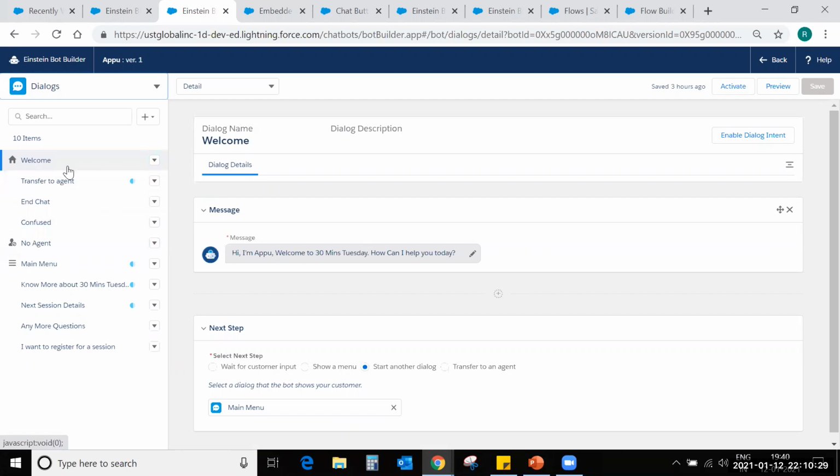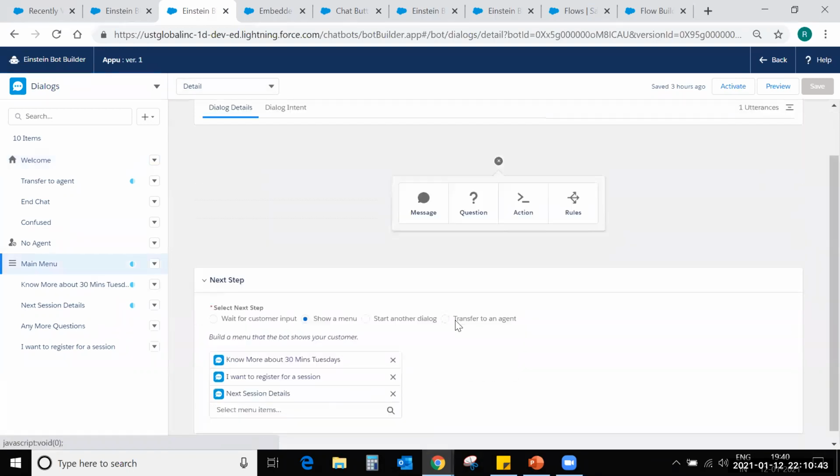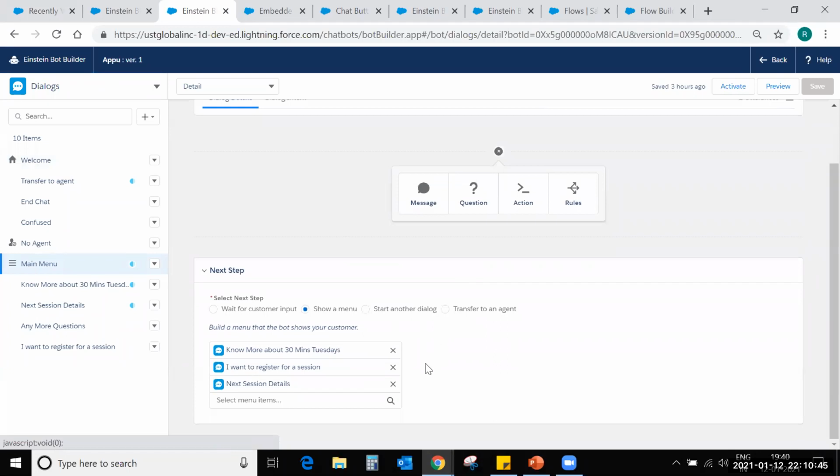If you look at the welcome dialogue, we can add whatever message we want, and after the welcome message, it gets redirected to the main menu. And main menu is the first introductory menu that we are going to give the customers. From here we are starting the conversation with the customer. So that is the main menu.